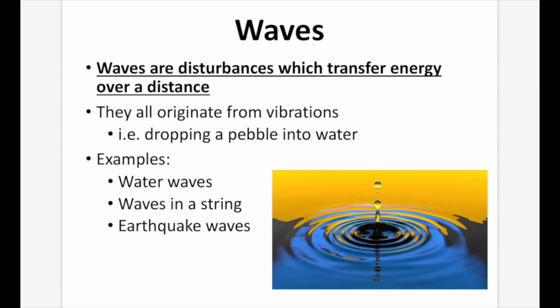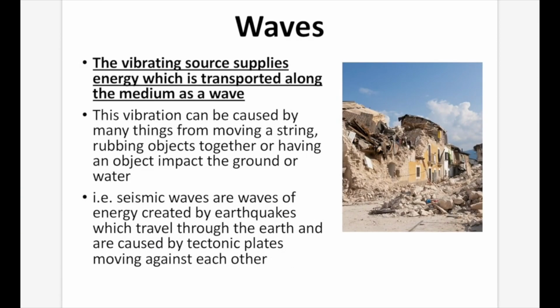Waves. Waves are disturbances which transfer energy over a distance. They all originate from vibrations, for instance, dropping a pebble into water. The vibrating source supplies energy which is transported along the medium as a wave. This vibration can be caused by many things, from moving a string, rubbing objects together, or having an object impact